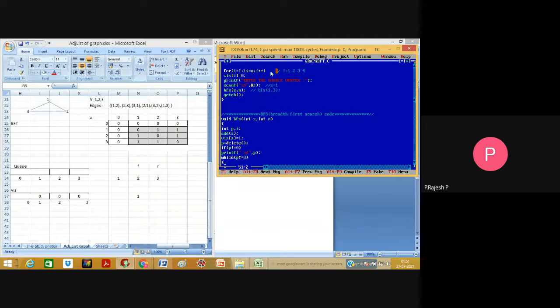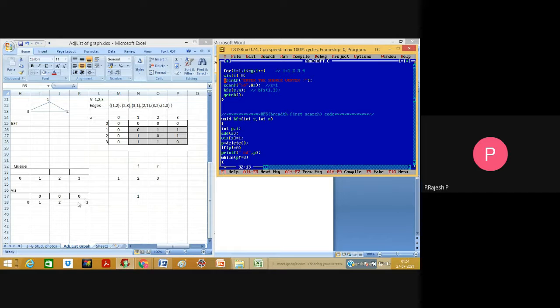In the same way, when i becomes 2, VIS of 2 is equal to 0, and when i is 3, VIS of 3 is equal to 0. Then i becomes 4, the condition becomes false, and the for loop stops there itself. Finally, this is the one-dimensional array VIS: for 1, 0; 2, 0; 3, 0.